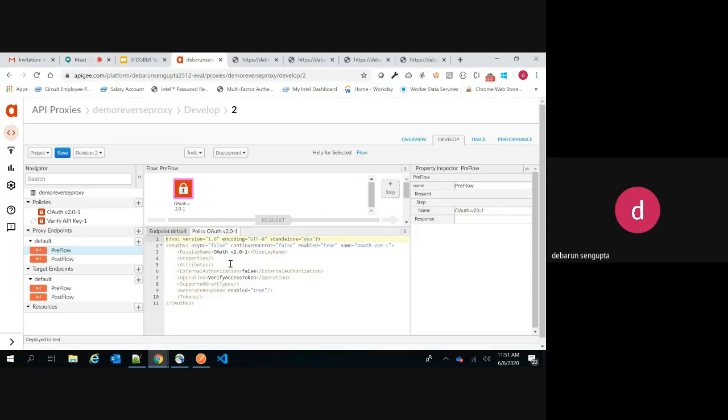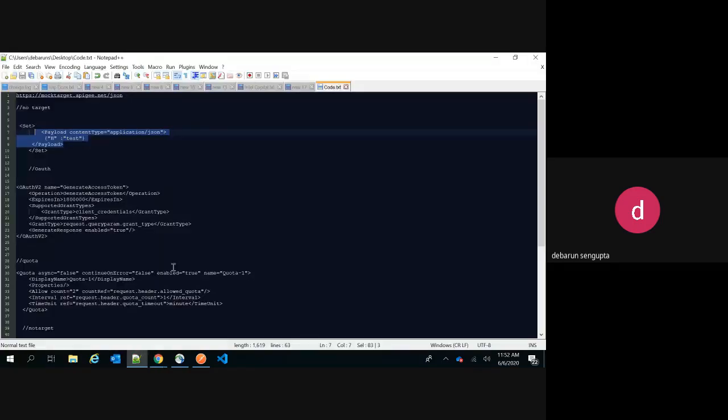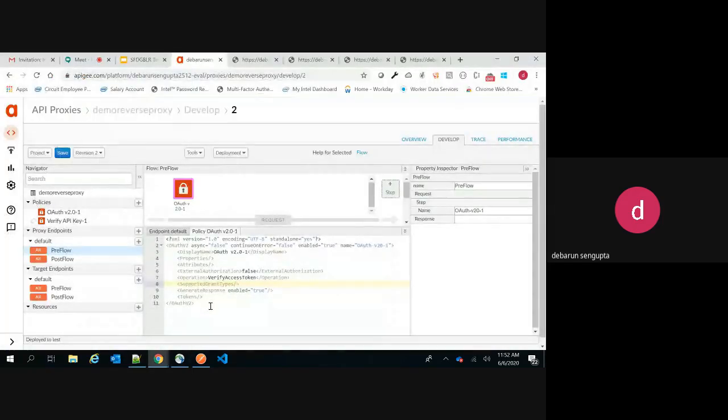Once you click on this OAuth, you will get this automated thing. It has a couple of things, like it gives you the grant type, the supported grant types, and a couple of other parameters like expiration times and all that you need to provide. I have that code with me. Let me show you that. What I did here is I just copied it. All this code you will get in the FPG documentation.